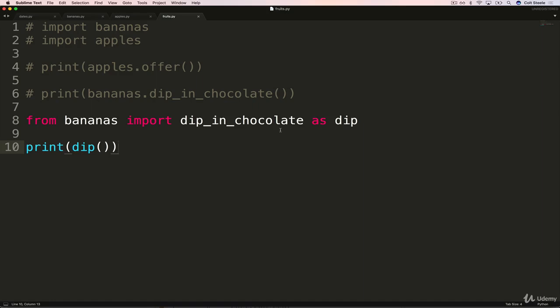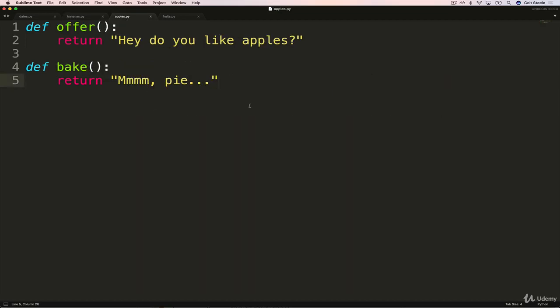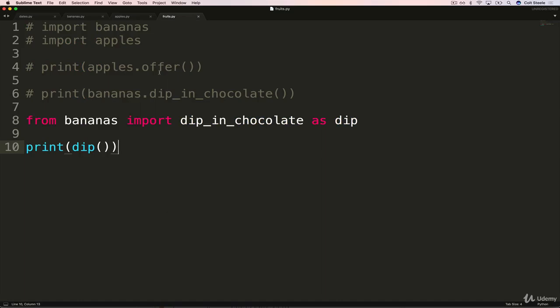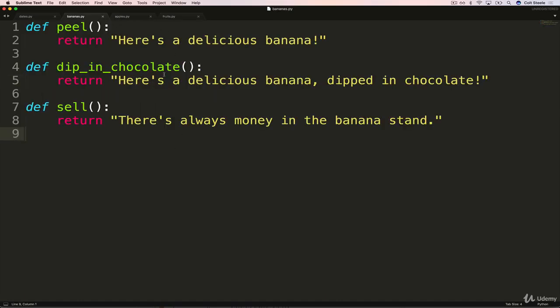But that's not the only reason. If you have a really long file and you have some way that you could group some of the functions or the functionality into a module or put them in a separate file, do that. It doesn't have to be that you're using it in multiple places. It might just be best to group things. This is silly, bananas and apples, but if we had 10 or 20 functions for each, there's no reason to put them all in fruits. Put some in apples that have to do with apples, and put the ones in bananas that have to do with bananas. So it's just a way of organizing.